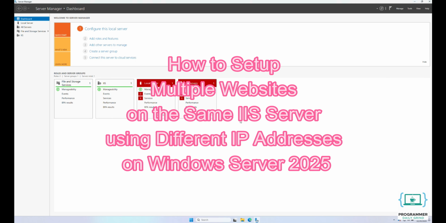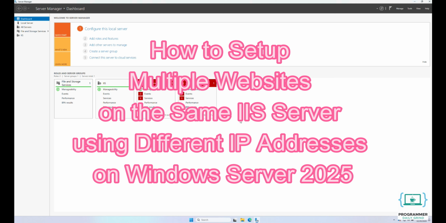In today's tutorial, we're going to learn how to set up multiple websites on the same IIS server using different IP addresses. All on Windows Server 2025. This is perfect if you want each website to have its own dedicated IP address, whether for SSL certificates, testing multiple web apps, or organizing multiple sites on a single server. By the end of this video, your server will be hosting multiple websites, each accessible via its own unique IP